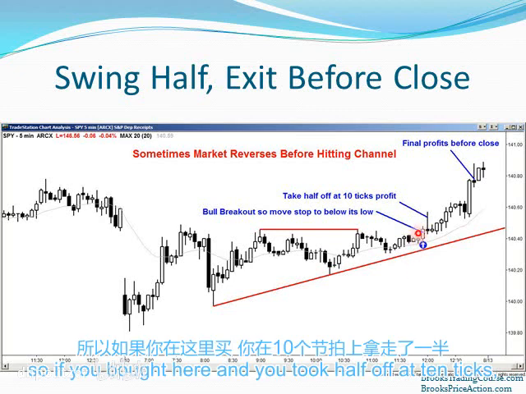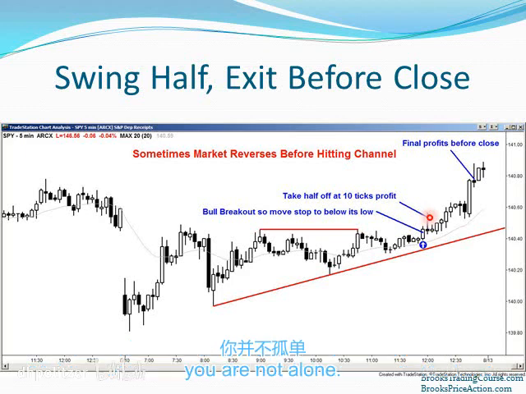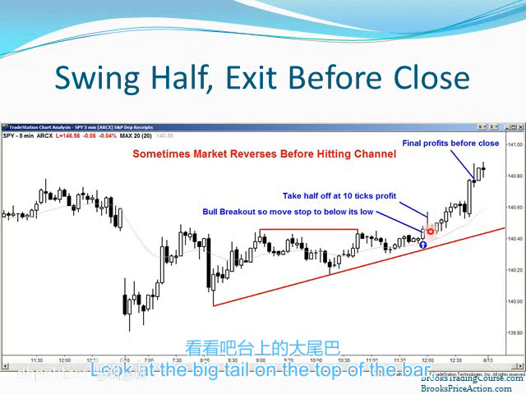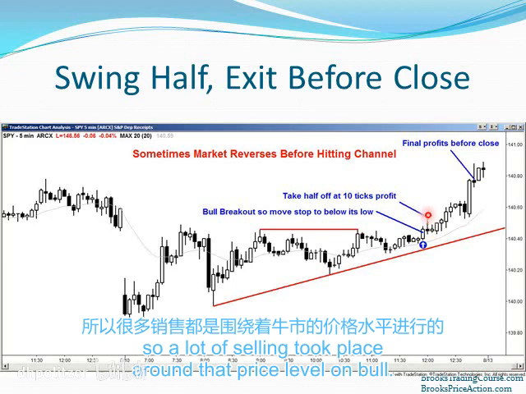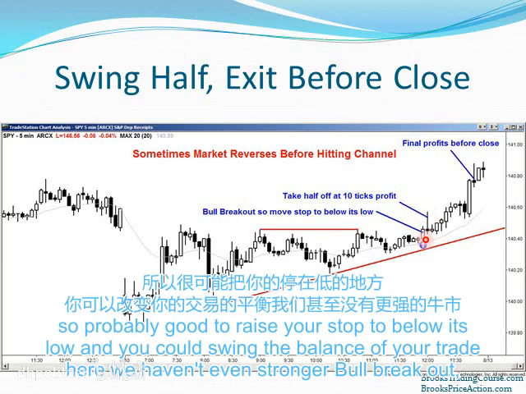Okay, so if you bought here and you took half off at 10 ticks, you were not alone. Look at the big tail on the top of the bar. So a lot of selling took place around that price level. Bull breakout, so probably good to raise your stop to below its low, and you could swing the balance of